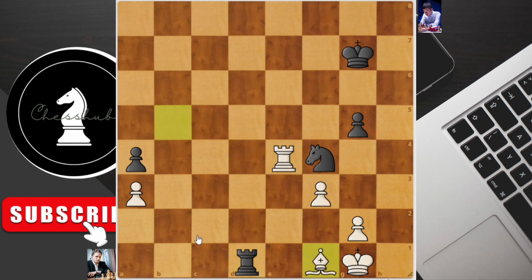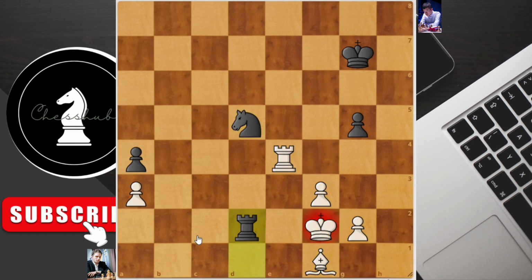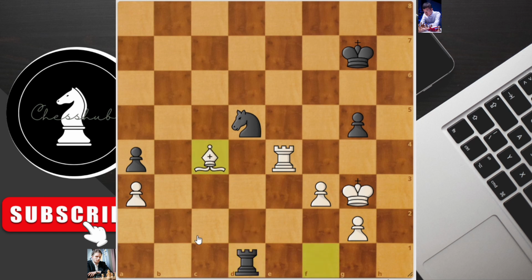Bishop blocks the check, coming to f1, and knight to d5. King to f2, rook to d2 check, g3 by Richard, and again Ding wants to attack the bishop here on d1. Bishop to c4, knight to f4, the king steps forward, and here Richard